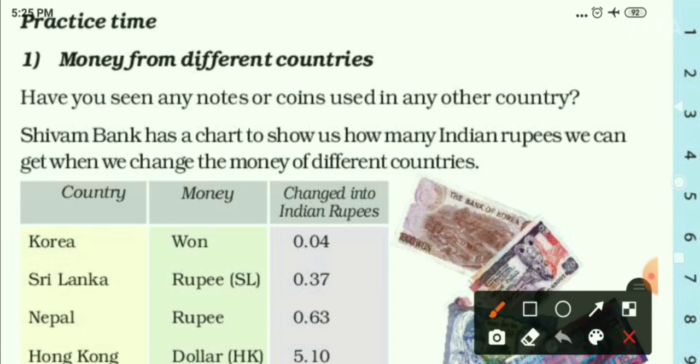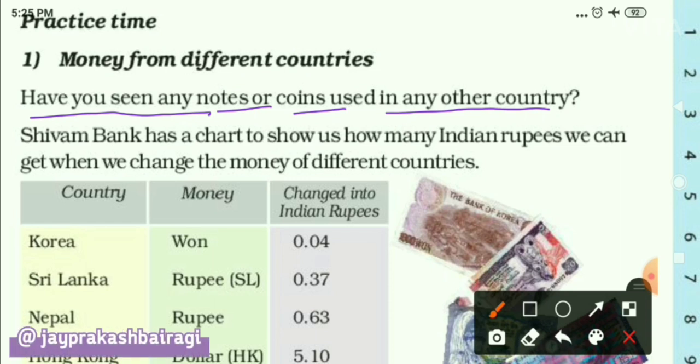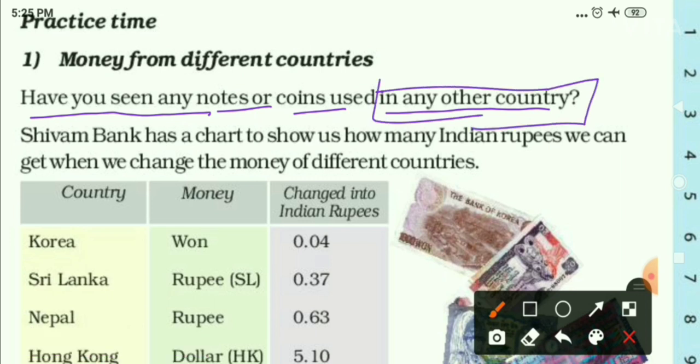Have you seen any notes or coins used in any other country, like dollar, dirham, won, etc.? Now here is a question for you all: what is the currency of our country? Yes, you are all right. We live in India and our currency is rupees, and the symbol of the Indian rupee is